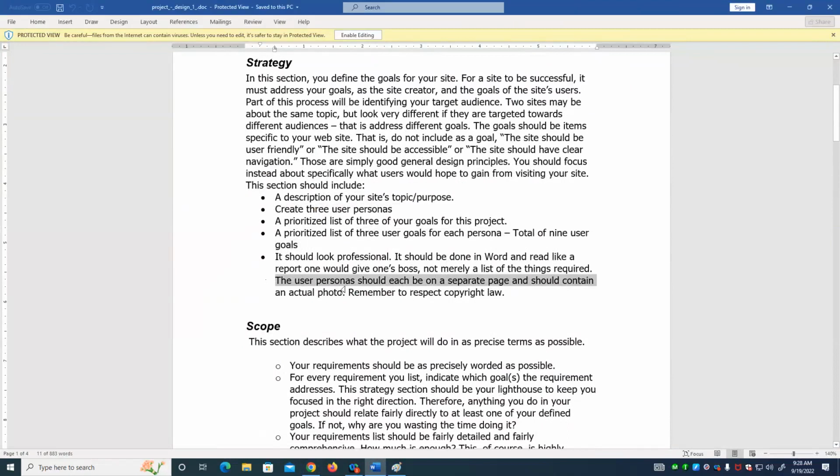Personas should be on a separate page and should contain an actual photo. This might sound a little corny, but the more that you can make your personas real for you, the more you can put yourself in their shoes, so to speak, and identify with them and sort of identify what their